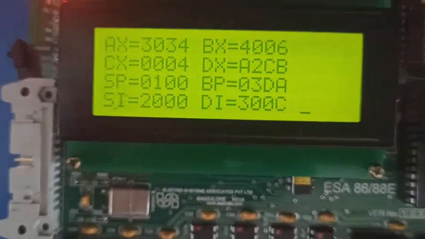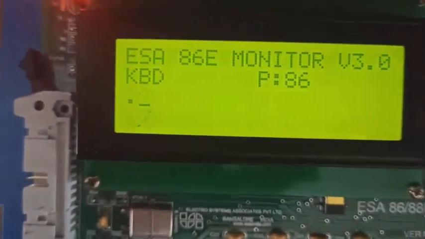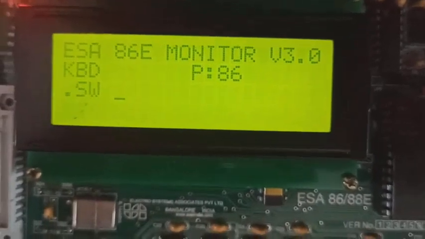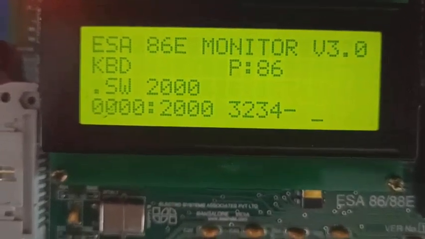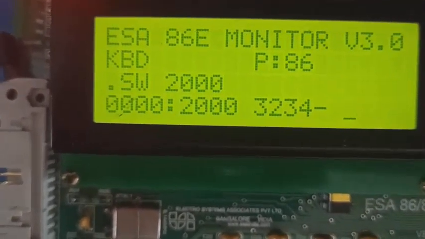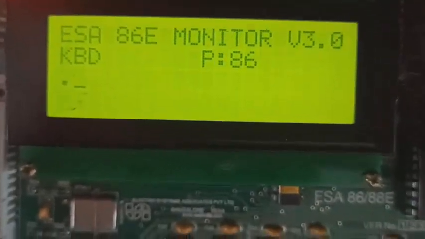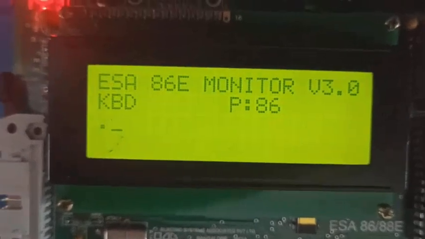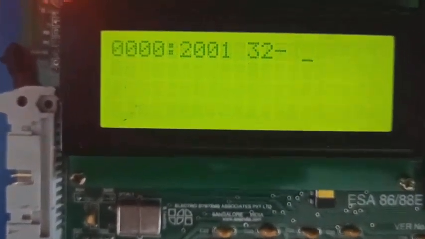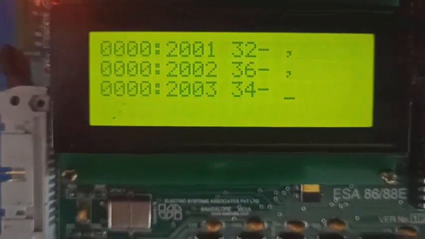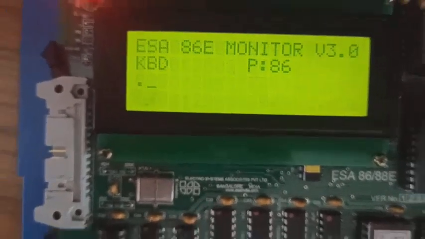So this is about ASCII arithmetic operations in the microprocessor and interfacing lab, and the same result can also be seen in memory locations. This is the input, 3234 is the input, meaning 24, and the result is 3034. The divisor is 6, and what we get is 04 as the output. 3432, this is the divisor, the output is 34 and 30, meaning 04. So this is the output, right?